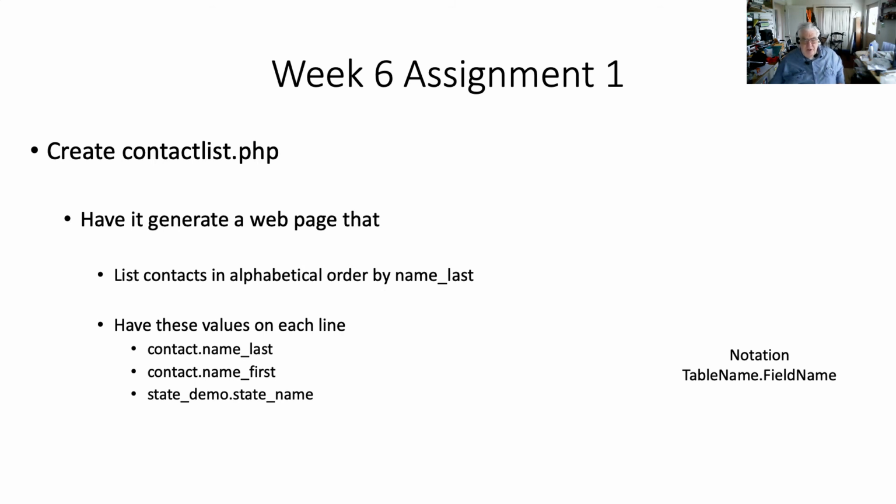Now, the notation I'm using when I'm talking about a field is table name dot field name. And I want to have these columns listed on each line for each contact, each line that represents a contact. I want contact name last, then I want contact name first, and I want state demo state name,